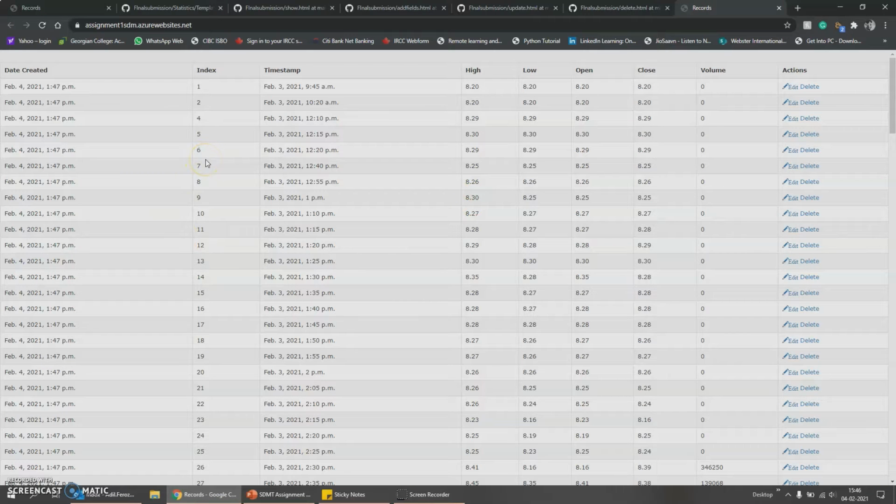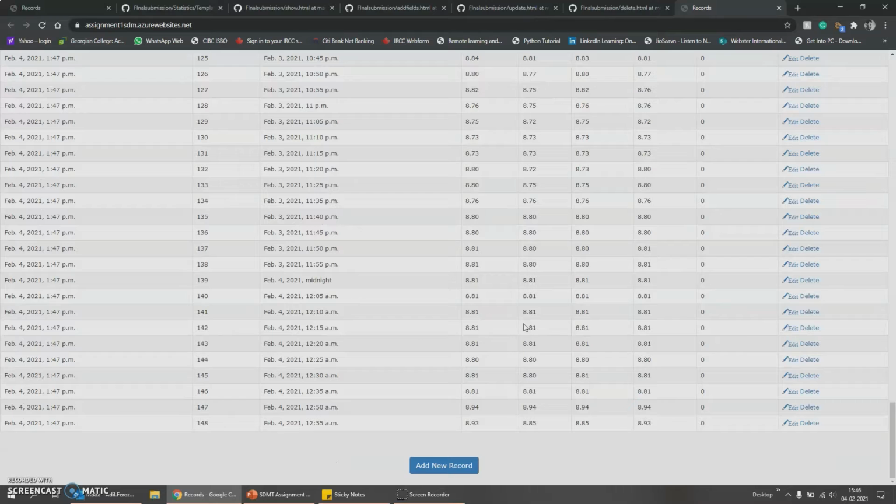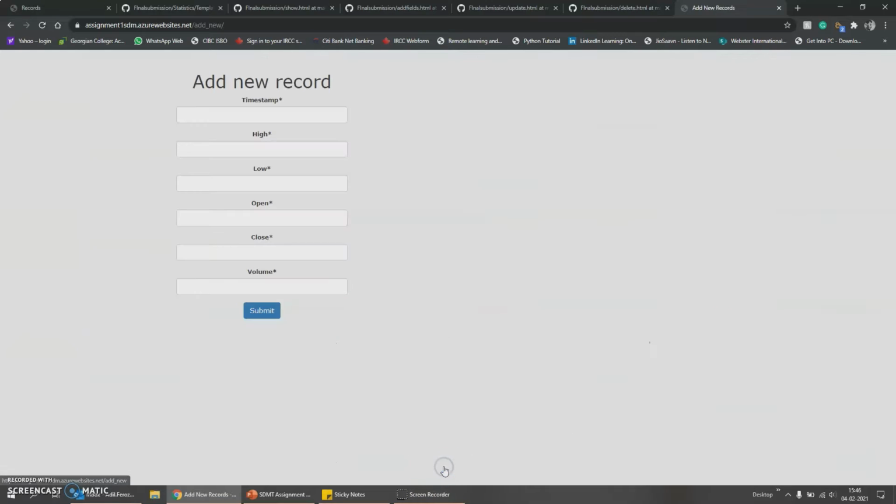So this is the read page, and as you all can see, this is our stocks data, and now we have the add new record button here. And when we click on it, we can add a new set of data here. So this is just an example. To make it very obvious, I'll be entering unrealistic values here. Let's say it is 499, then opening. No, let's go with 0 and then 499 and then 899.